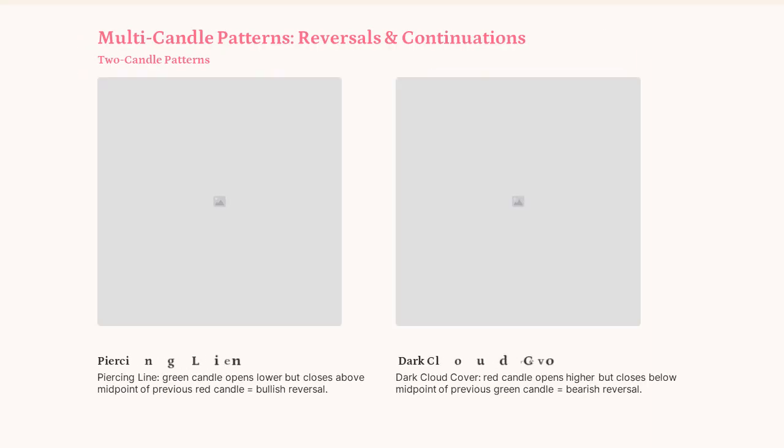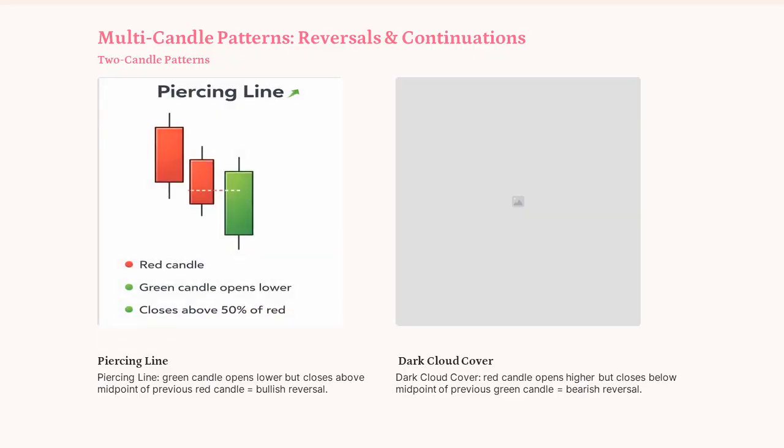The piercing line and dark cloud cover are two candle reversal patterns that involve a specific threshold, the 50% level of the first candle's body. Piercing line, bullish. The piercing line forms in a downtrend. Day 1 is a red candle. Downtrend continues. Day 2 opens lower than the previous close, which initially suggests more selling pressure. But then buyers step in aggressively, pushing price up to close above the midpoint, the 50% level, of the first